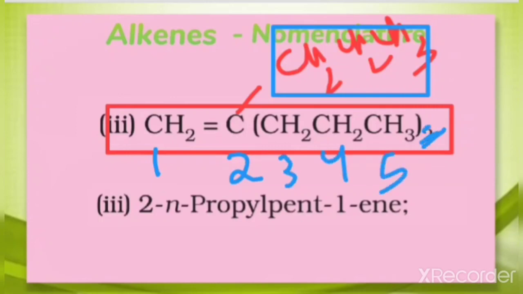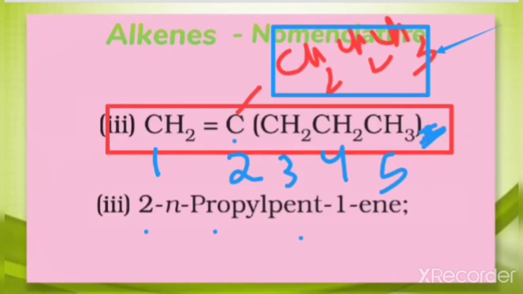Here now twice is not there because we have already written this group once again here, so twice will not be there. So in this case, this one is a substituent group which is on the second carbon, and because it is a propyl group, therefore 2-propylpent, because 5 carbons are there